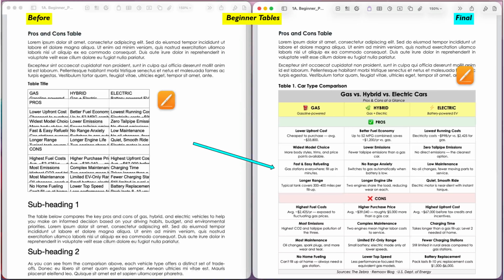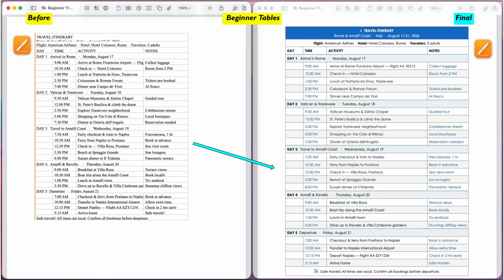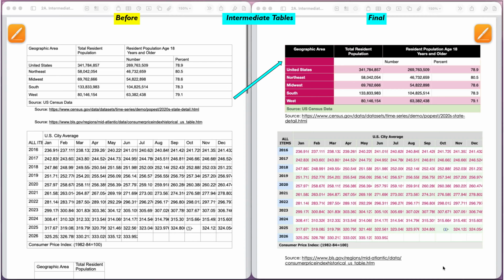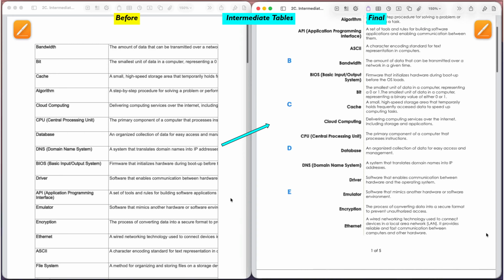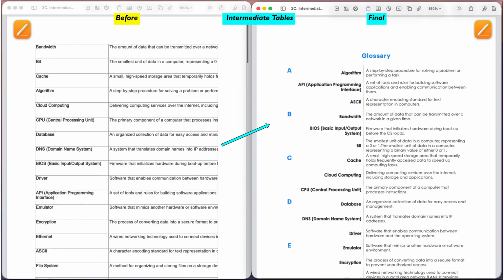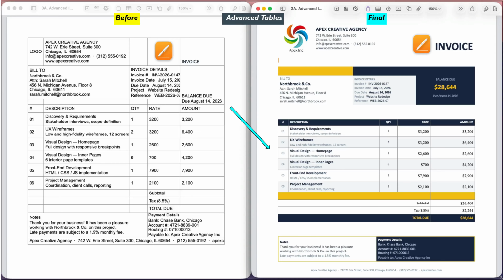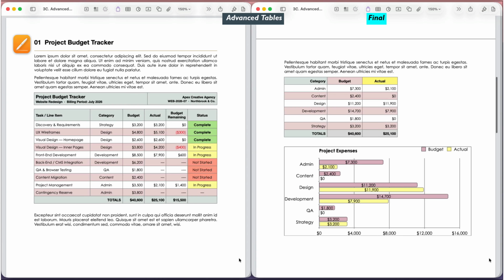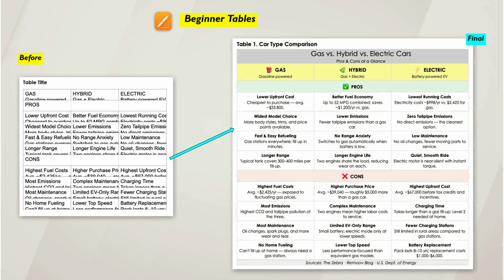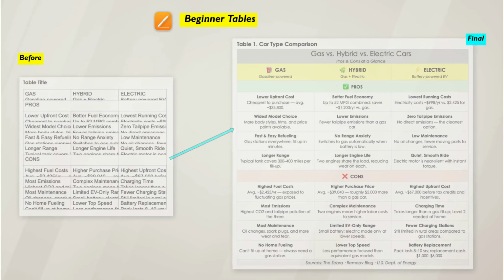This is a 3-part video series teaching you how to create and format amazing tables in Apple Pages, from beginner to intermediate to advanced. Each video will show you how to create different practical tables, so you end up with a finished product. Starting with our first beginner video, we will create 2 tables, a pros and cons table and